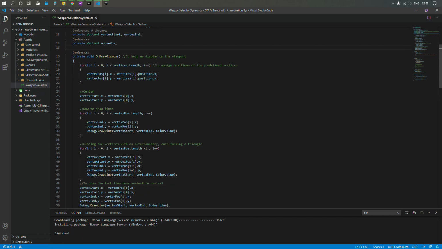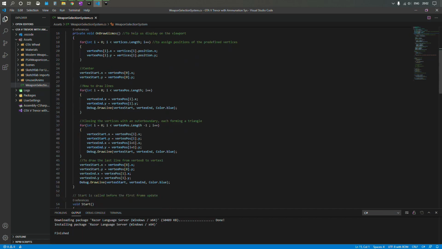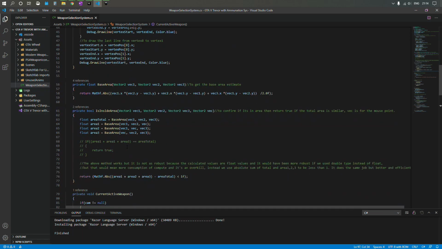I've commented the code so it's easier to understand. And just below that we have our method named base area, where we take in 3 points named vertex or vec 1 2 3, and we formulate on those points to calculate the base area. Then we use those calculations to pass in our is inside area method to check if our mouse is